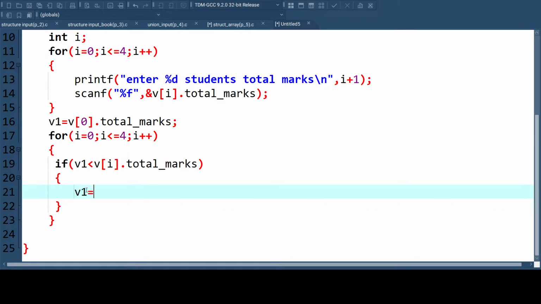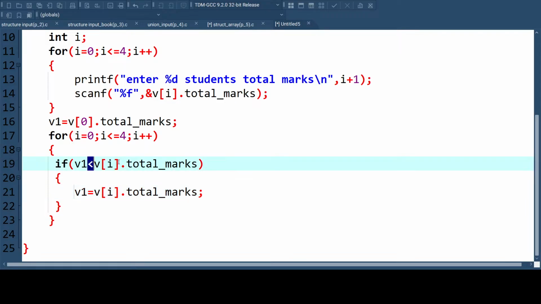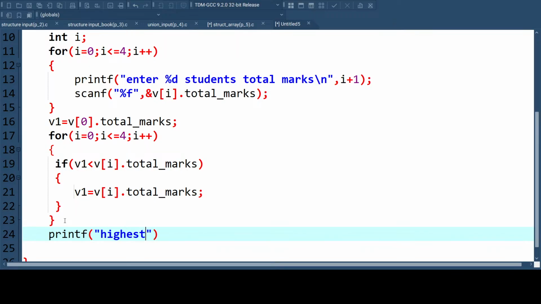So b1 equals b of i total marks. If it is smaller than this many marks there, then the value should be stored in b1. Otherwise, it will not be stored there. That's all. And after that, what do we have to do there? We have to print the highest marks. Highest marks equals to